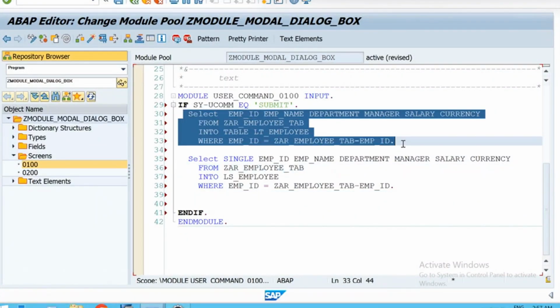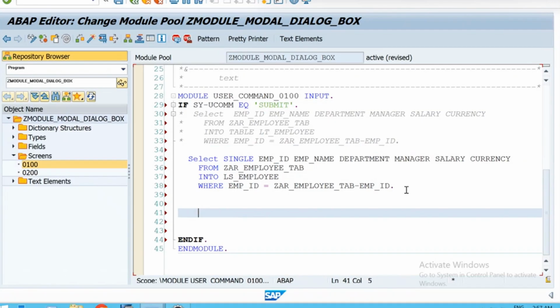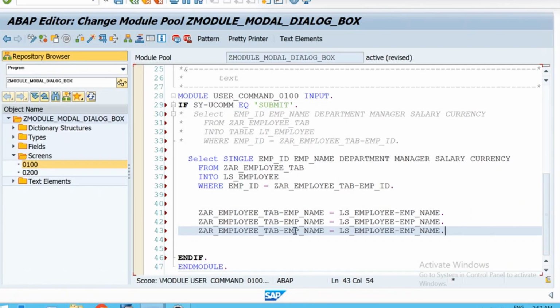Correct? So go with any one of them. In this case, we can just directly go for this. And now I can simply transfer it to my output. So output is my employee name, employee tab, employee name equal to ls employee name. We will do the mapping for each and every column. So here it will become department, manager,